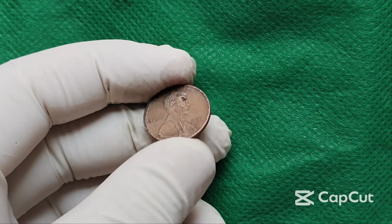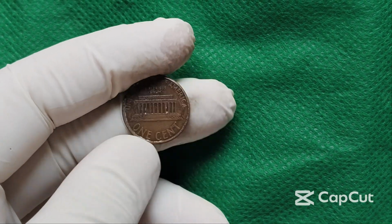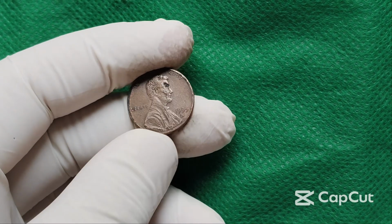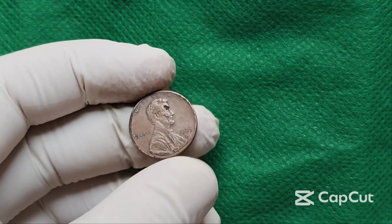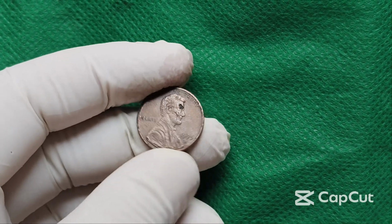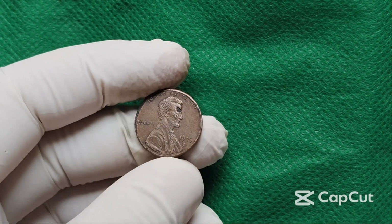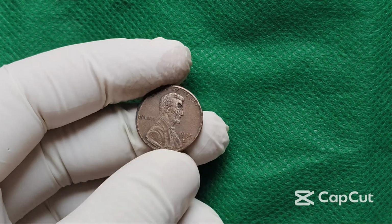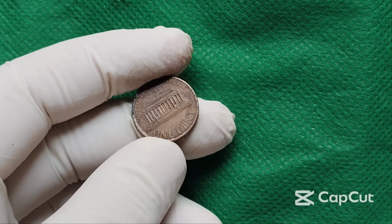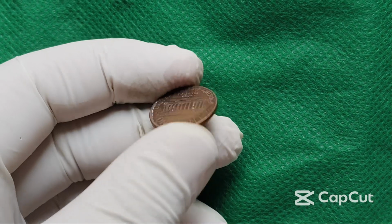The concept of Liberty has long been a cornerstone of American coinage, dating back to the early 1790s. In fact, one of the earliest coins minted by the U.S. featured Lady Liberty, a symbol of freedom, independence, and national pride. This imagery wasn't just a design, it was a message to the world about what America stood for. As years passed, Liberty evolved from a classical Greco-Roman style into more modern interpretations. In 1909, the Lincoln cent replaced the Indian head design, but the word Liberty remained proudly displayed, stamped across the